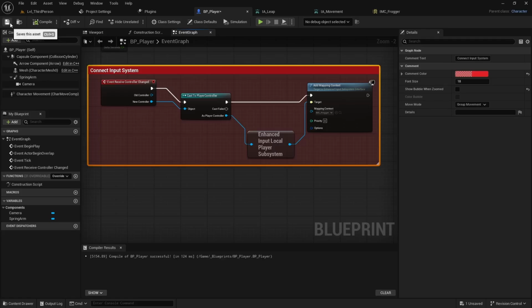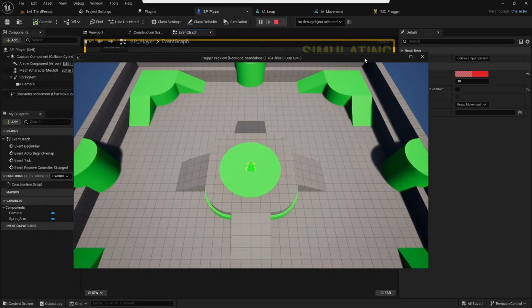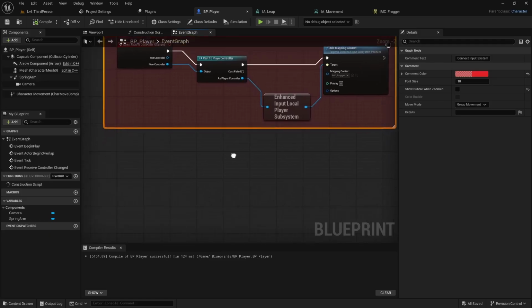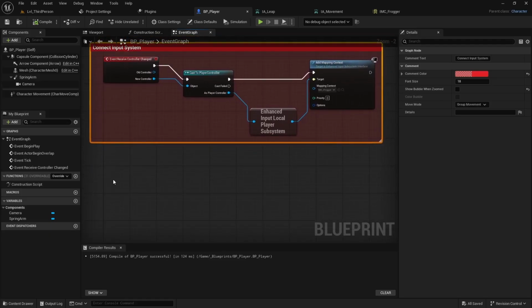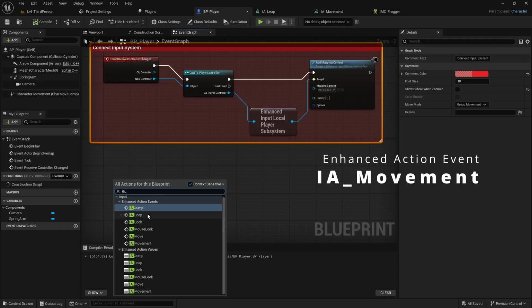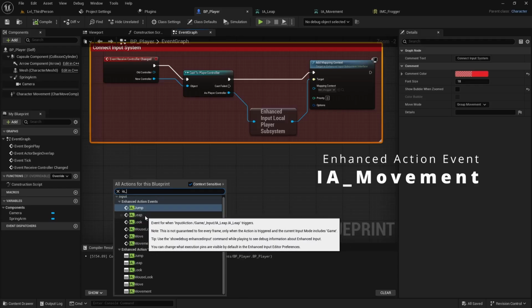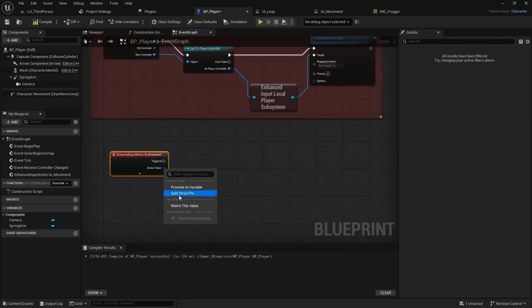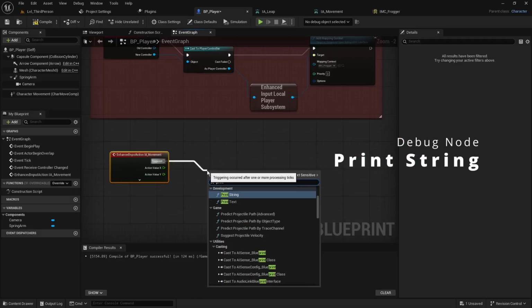Now, doing that really doesn't accomplish much. Like if I hit play and move this over, click in, you can see nothing happens, right? We still need to set up the logic to move the player around, but what this does do is it allows us to actually call logic from those input actions that we created. So if you search input action, you'll see I have access to the leap event that we created and the movement event that we created. So I'm going to do the movement event, and I can split the structure pin, so I have the X and Y. And I think for this example, we'll just come to a simple print string,